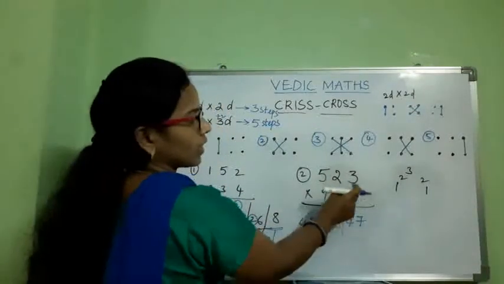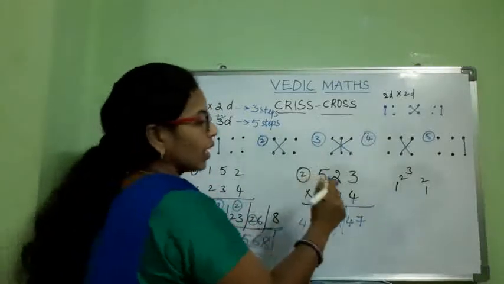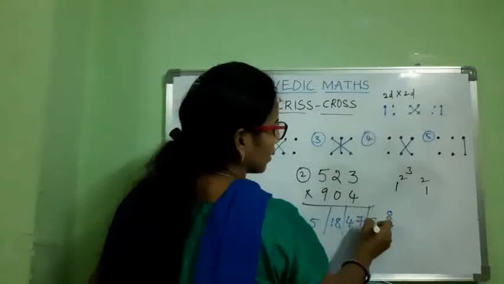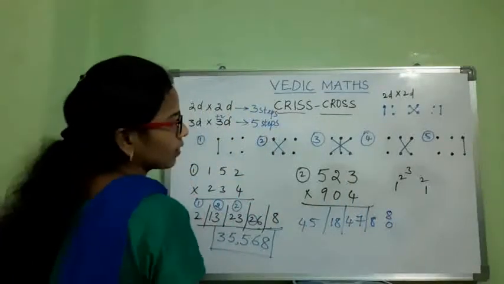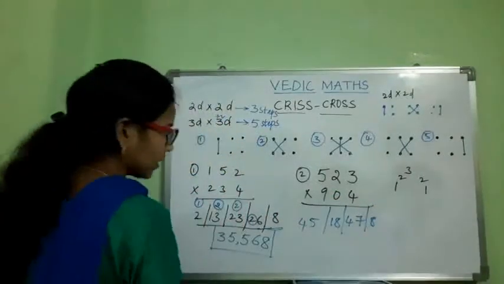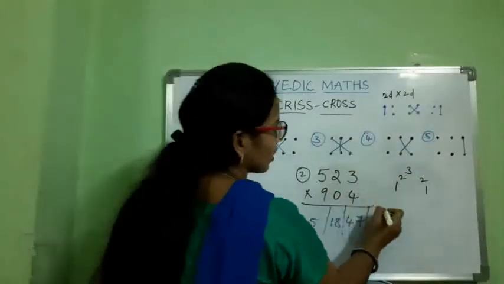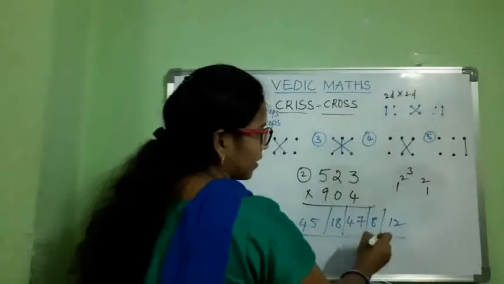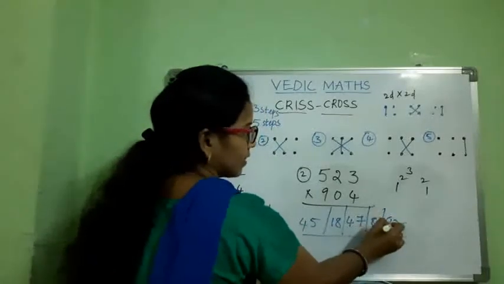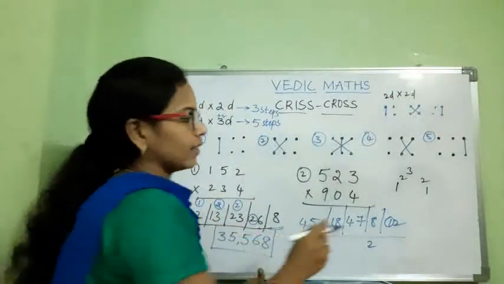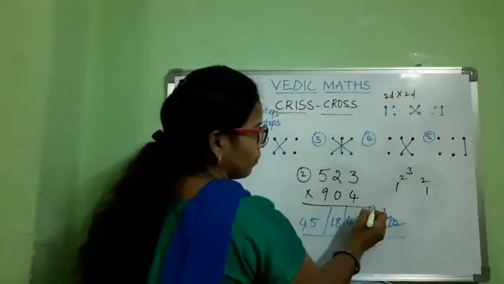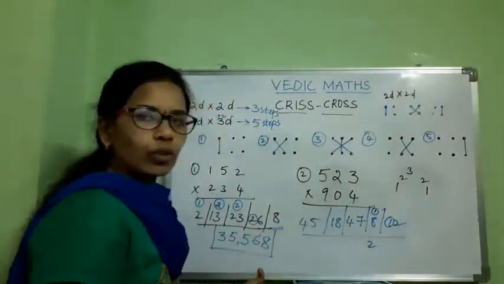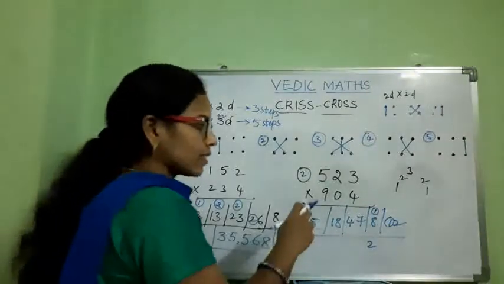Next, fourth step. Here cross multiplication of second and third. 4 times 2 is 8 plus 0 times 3 is 0. 8 plus 0, 8. Next, final step. Multiply the last column digits. Means 3 times 4 is 12. Here we write 2 down, and the second digit is the 1, and this one carries over to the next column. If we get 2 digits, what do we have to do? Balance them, yes, the balancing rule. We use the balancing rule, means balance the digits here.